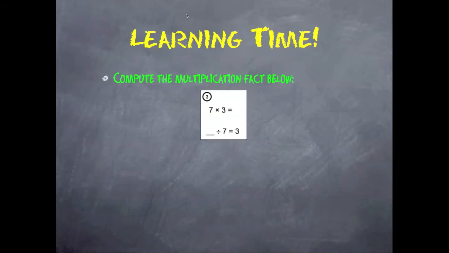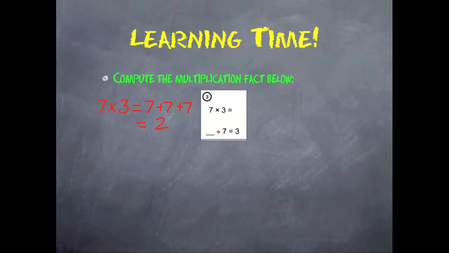For the problem below, they want us to compute the multiplication fact of 7 times 3. Now let's see if we can write with a pen. Alright, so from our multiplication tables we know that 7 times 3 is equal to 7 plus 7 plus 7, which is equal to 21. So for 7 times 3 we put